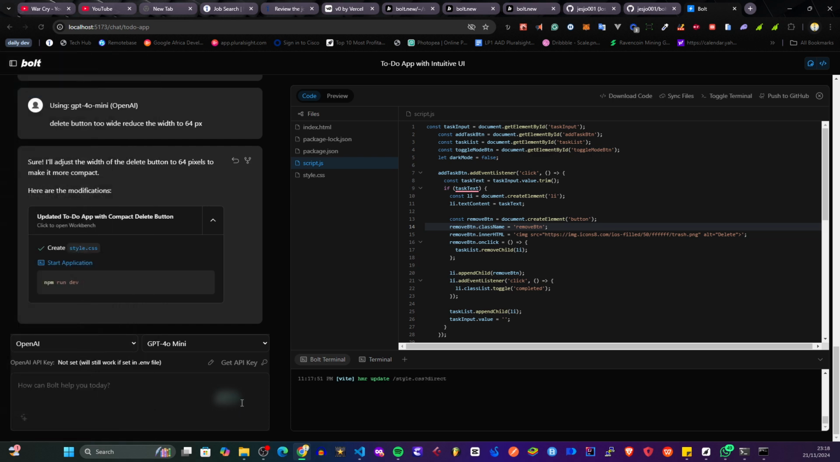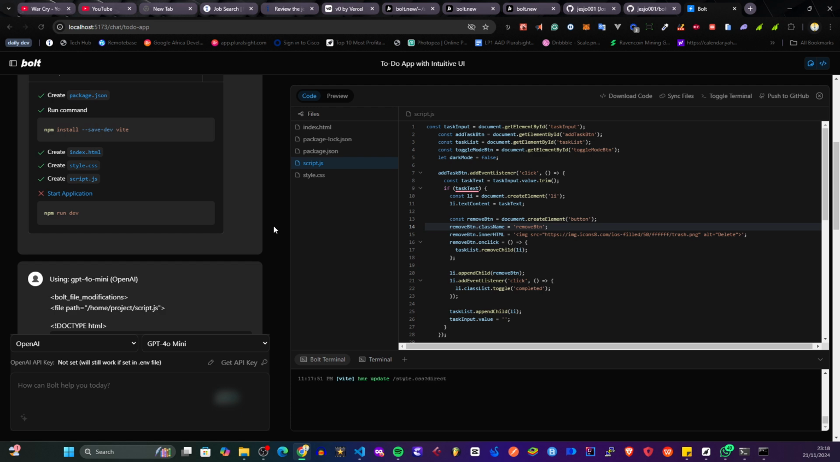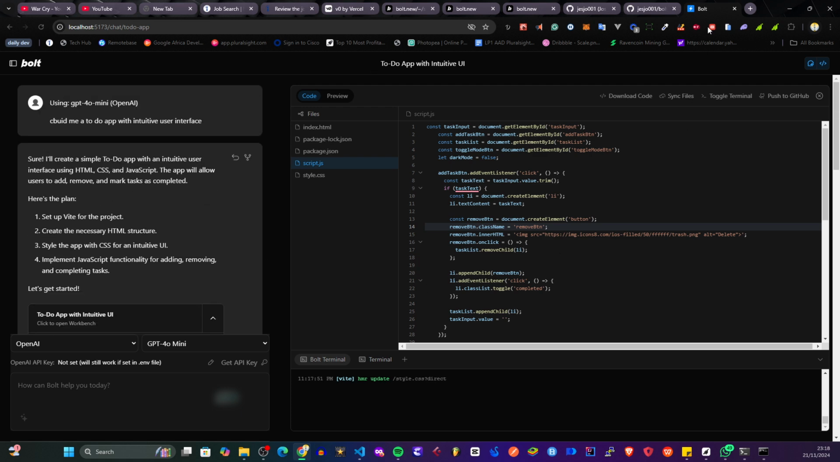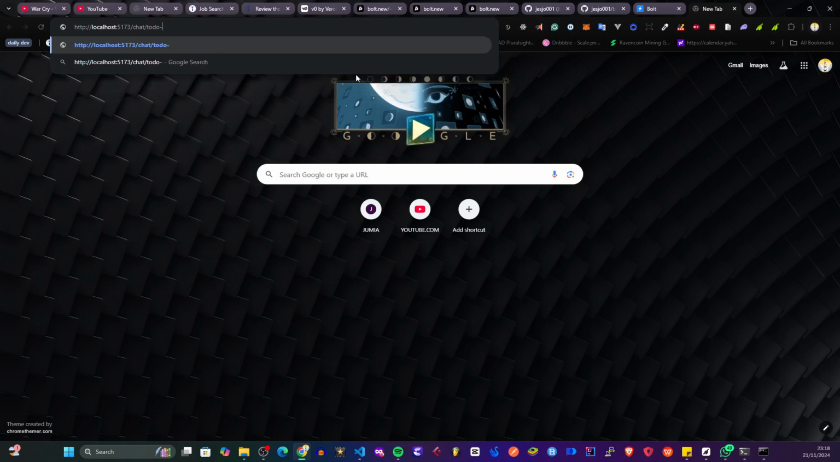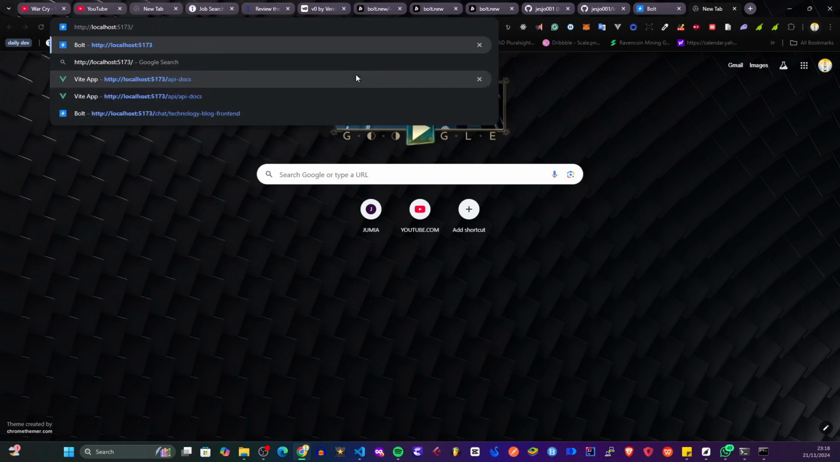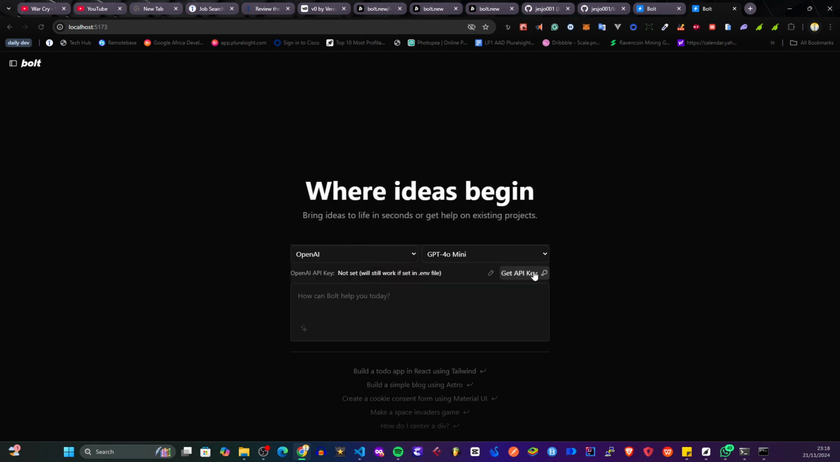So let's try using ChatGPT 4.0 and see which one does it better. I'm just going to use the same prompt, but let's go to another window and create another project. So let's open it up, localhost. Good. Let's select OpenAI ChatGPT 4.0. And let's copy